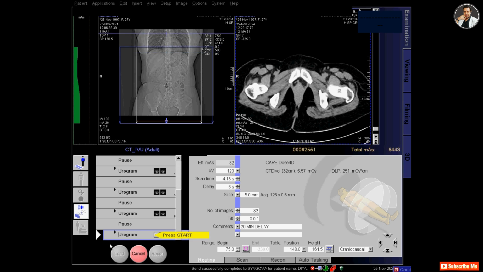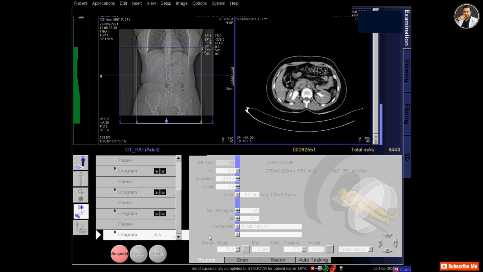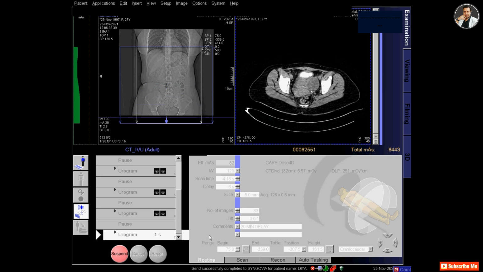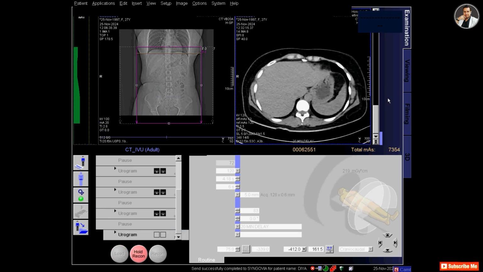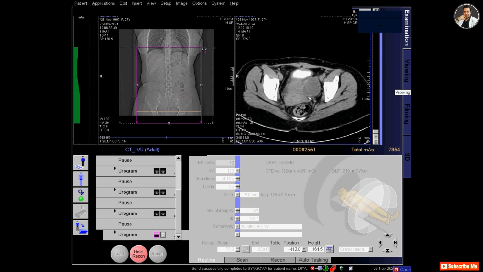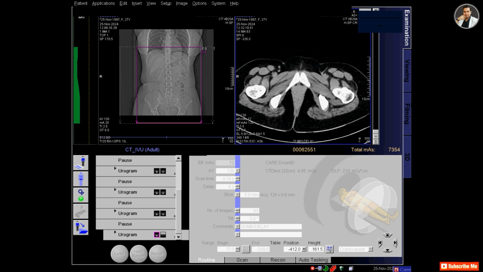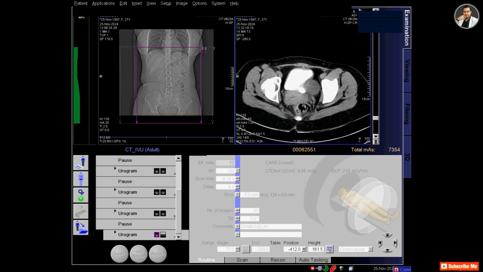So press the move button and press start, and then the 20-minute scan will happen. In the 20-minute scan, you can see that the ureters are showing on both sides, and also the urinary bladder is getting the contrast, and the bladder is filling with the contrast.